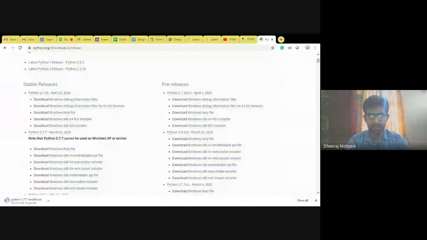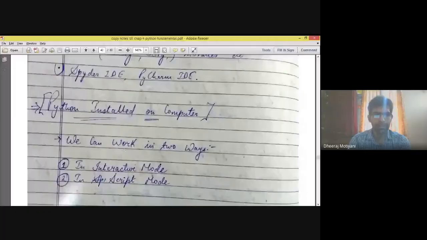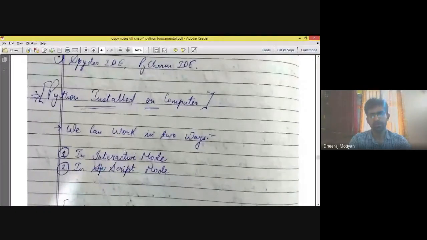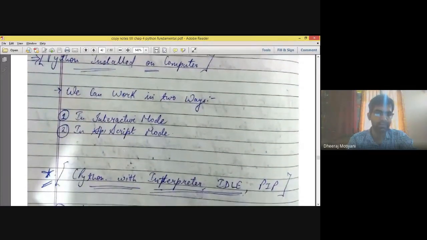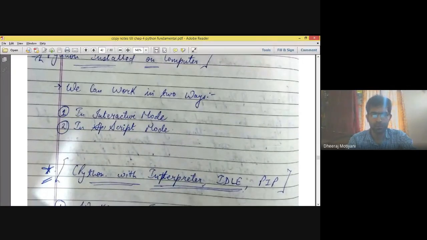Let it get installed. I'm taking you through the PDF part again. Python can be installed on a computer and used in two ways: interactive mode and script mode. I have already told you, line by line execution is interactive; in script mode you write a file, save the file and execute the file.